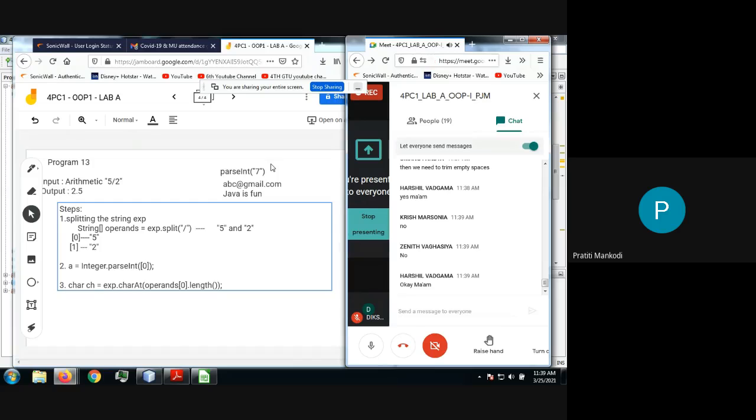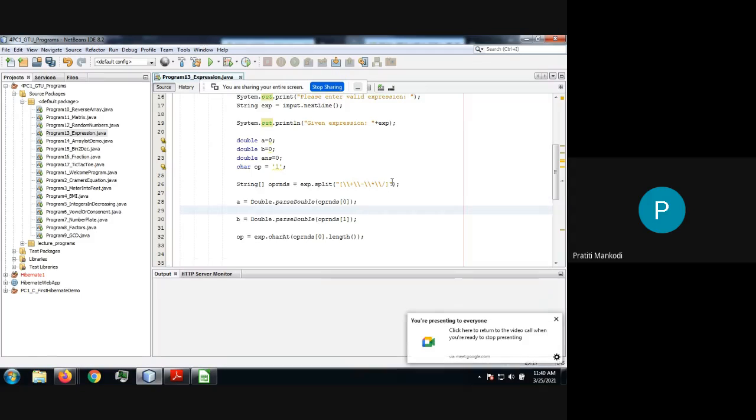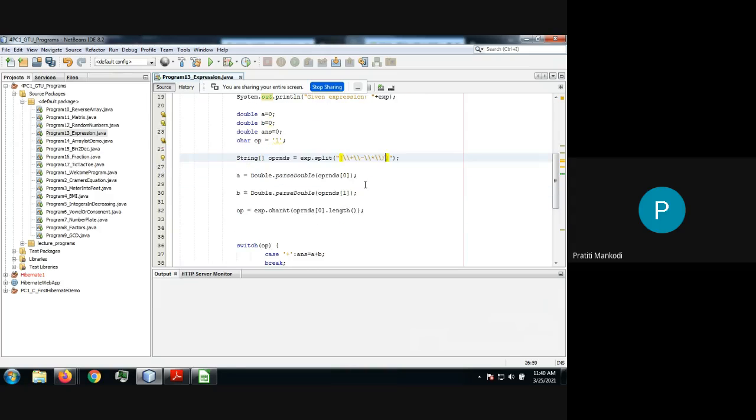As per the definition given, this is what we are splitting. It is a kind of expression where you can give multiple characters by separating with a slash. So if it is plus, minus, multiply or divide, you just split the operands. And of course, if you have a space, you can trim those spaces, and once that is done, convert it into the corresponding double or integer. We have taken division, that's why we have taken the values in double.